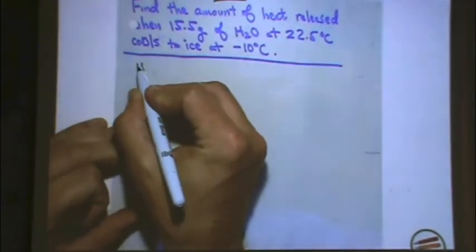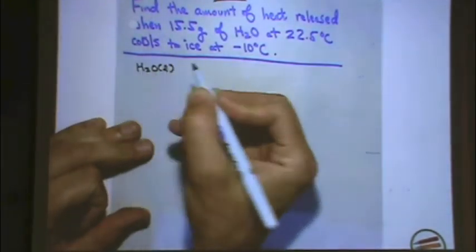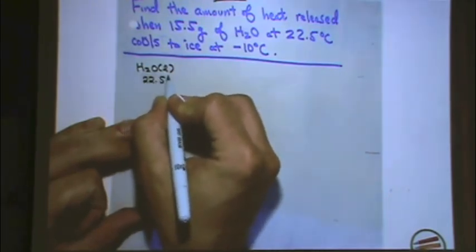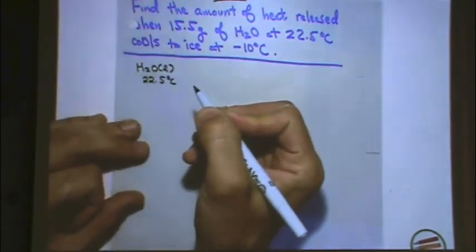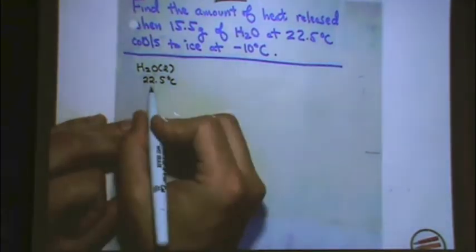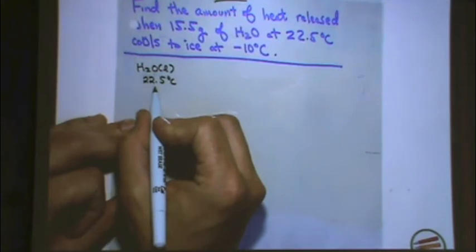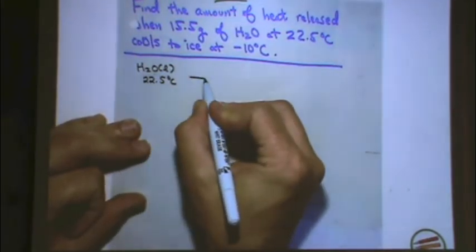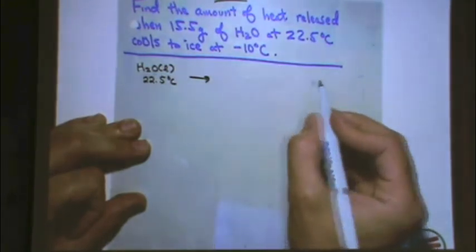We have water, liquid, at 22.5 degrees C. How did I know it was a liquid? This number is between 0 and 100. That's how I knew that. It has to be liquid water between 0 and 100. Okay, this cools down